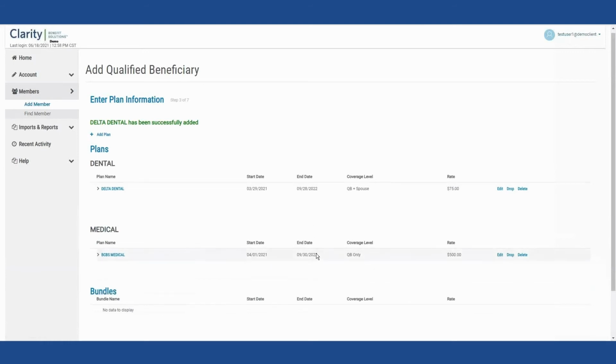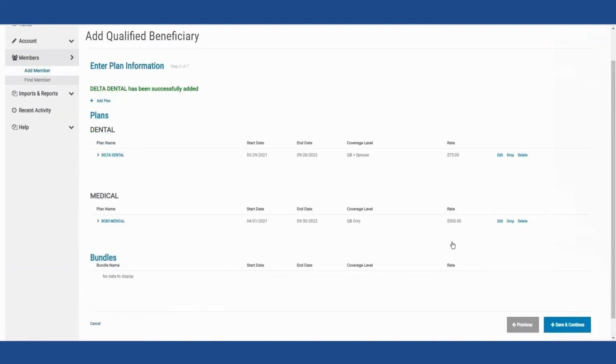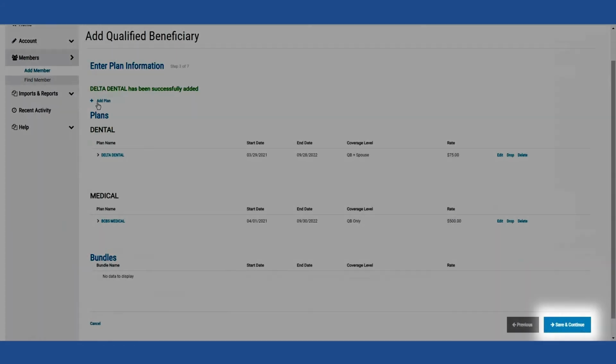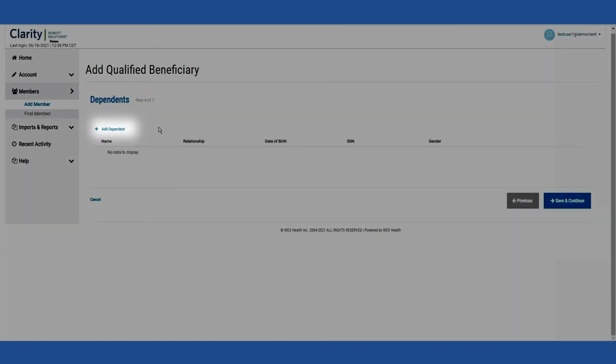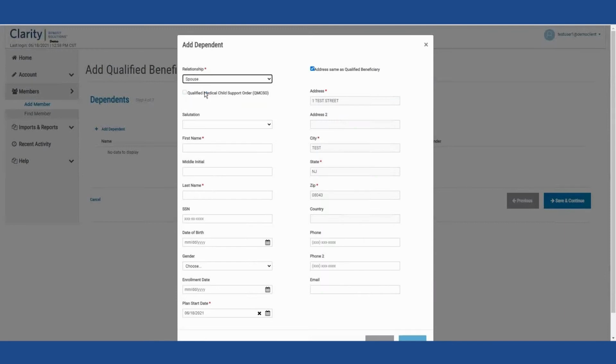If you need to add additional plans, you can go through that step as many times as needed. Click Save and Continue in the bottom right-hand corner, and this will take you to the Dependents page. Adding dependents. To add a dependent to a plan, you're going to click the plus sign under Dependents. A screen will appear. This is where you enter the dependent's information, including the dependent's relationship, first name, last name,